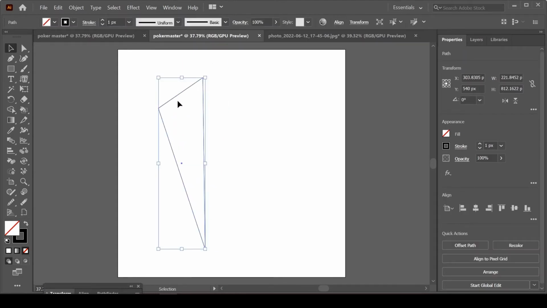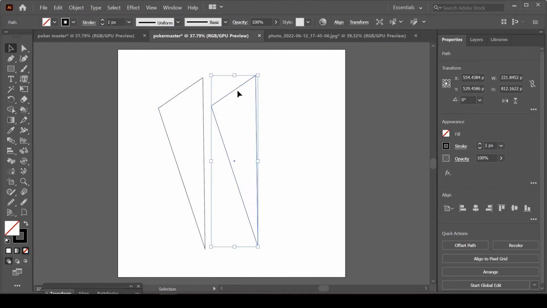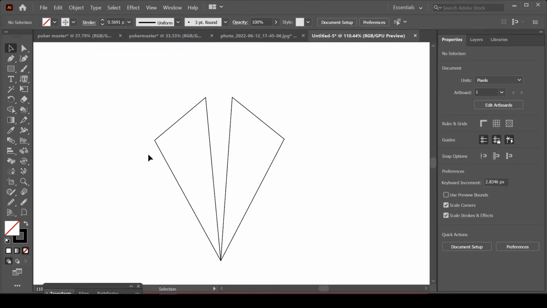I'm going to duplicate it with the help of the Alt key, rotating it. This shape will look like a coat or a smoky, and this is the front of this coat,